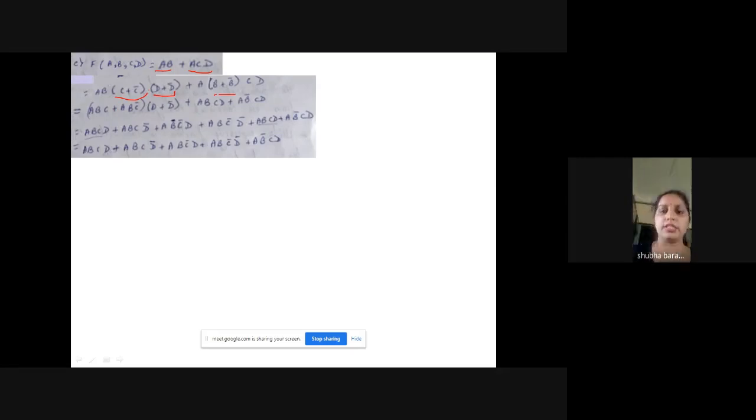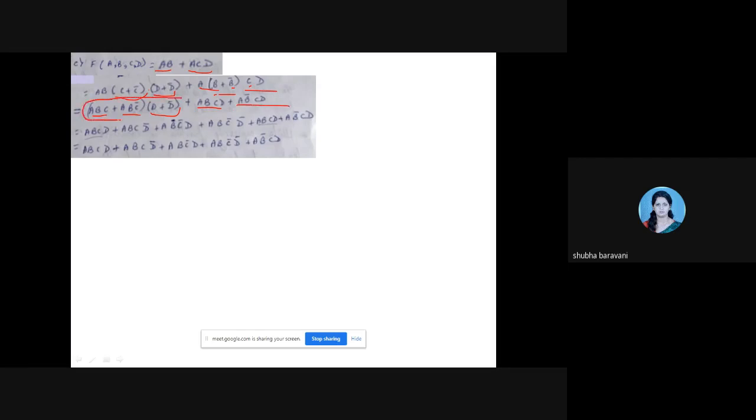Then next we open the brackets AB. So you get ABC plus ABC bar, and D, D bar for the time being I have kept as it is here. Then you have ABC, sorry, and AB bar CD, which is written here. Now I have opened this bracket, so you get ABCD plus ABCD bar, ABC bar. See, this bar is not there.